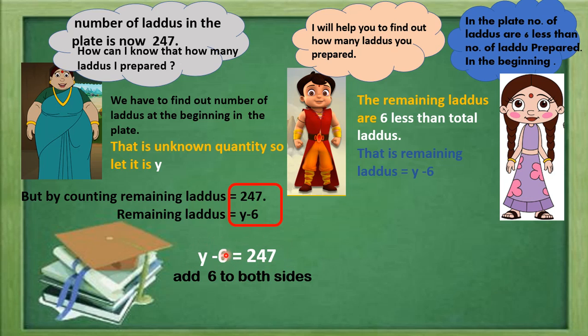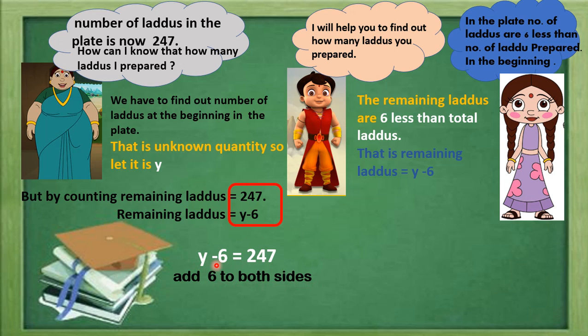If we are adding 6 to the left hand side, it should be added in the right hand side also. If we divide the left hand side by a quantity, the same quantity we have to divide the right hand side by. So whatever operation is performed, addition, subtraction, multiplication, division, in the left hand side, that same operation with the same number we have to apply in the right hand side also. So that's why we have to add 6 to both sides.